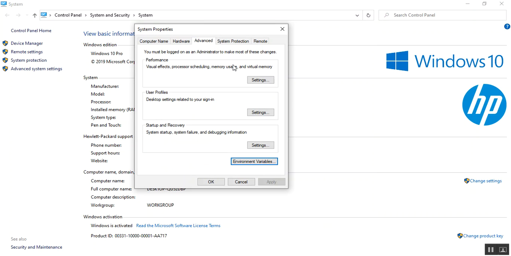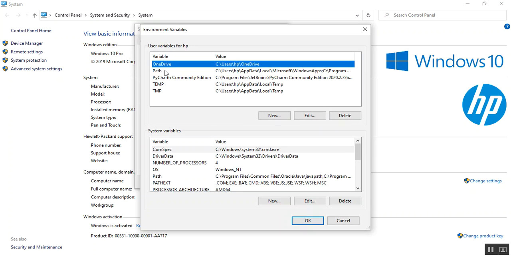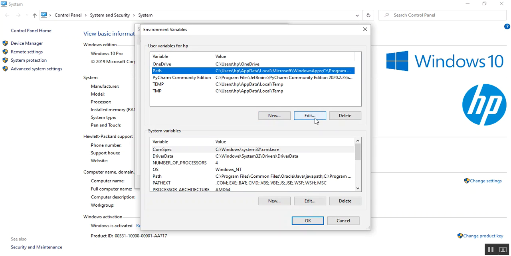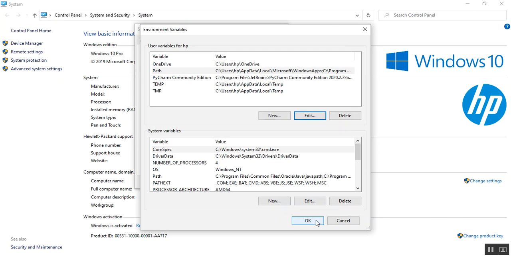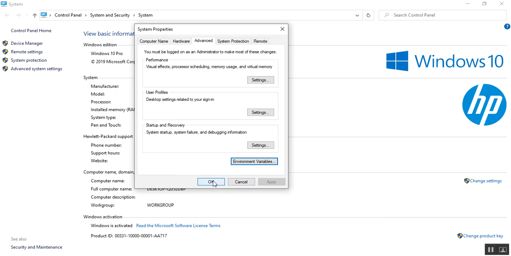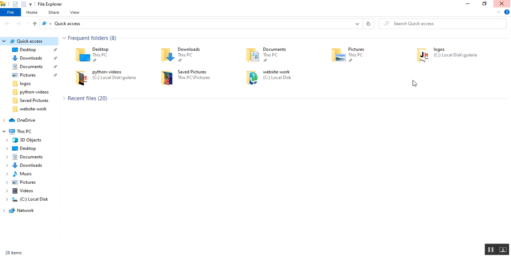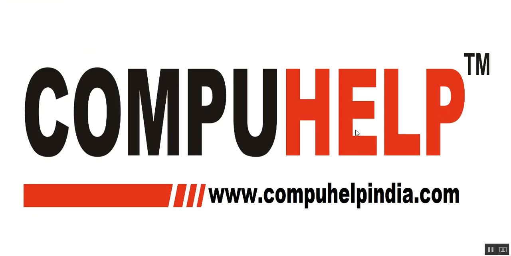And if you want to set it for the other users, you can set it here also, under Python, and then go for Edit, and you will see I have added it over here, because that is for the users only. So you can click OK, then OK, and then OK, and close this. And now what would be the benefit of this? Now suppose you want to write your Python program,